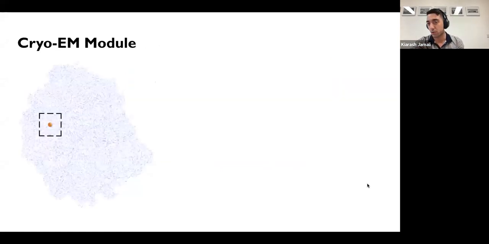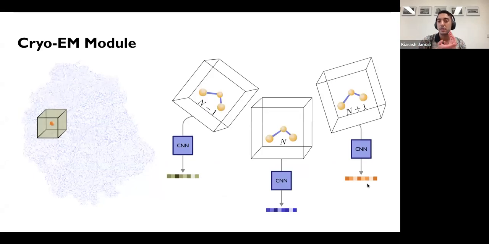So for example, the CRY-M module looks at each of those C alpha initial points that I talked about. It takes a cube of density around this. You've probably heard of convolutional neural networks. This is how, let's say, image processing with machine learning methods works, and also 3D volume data as well. And here in ModelAngel, we use it as well for the CRY-M module.